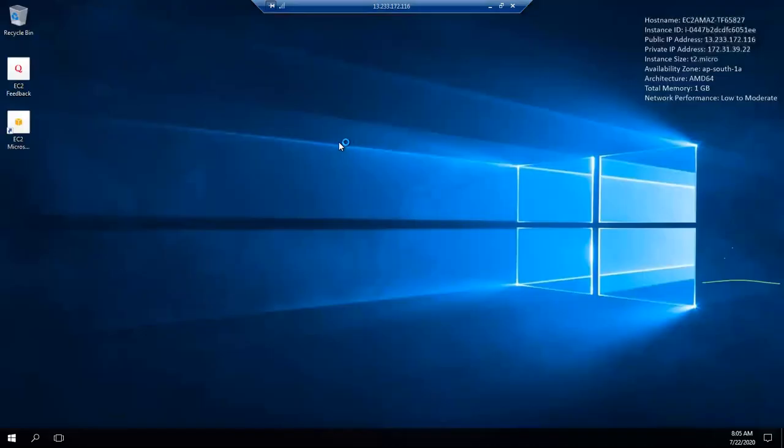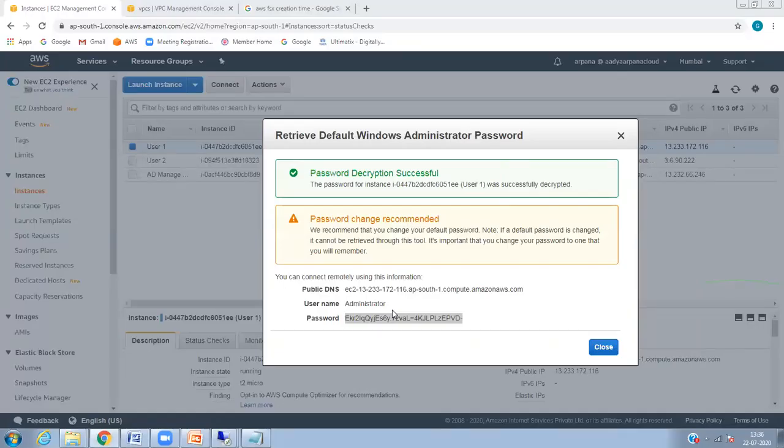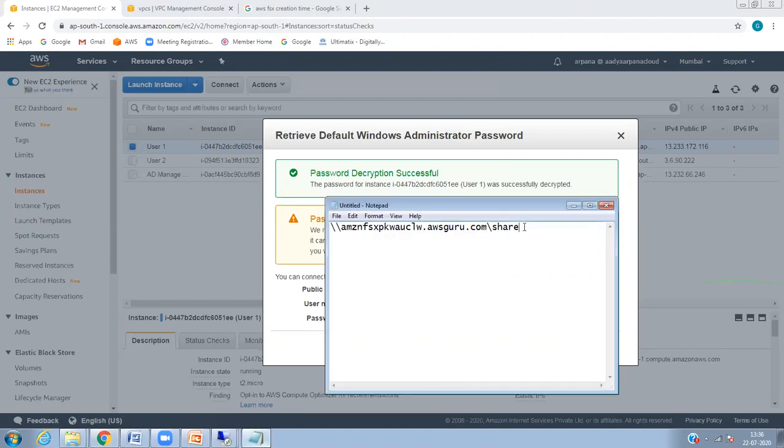So here, I've joined to the domain by using my domain, and I will go and map that drive letter now, and that should work fine. See here.